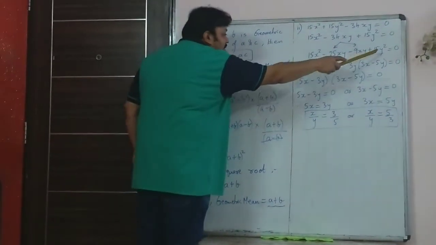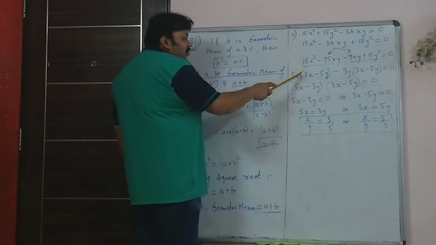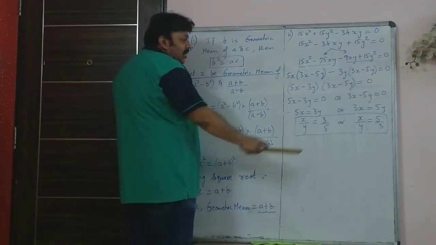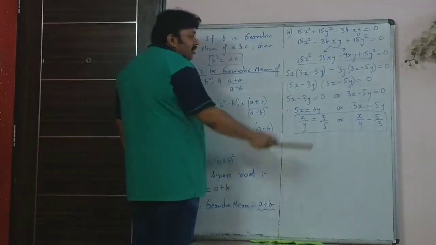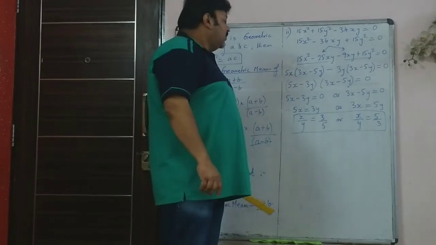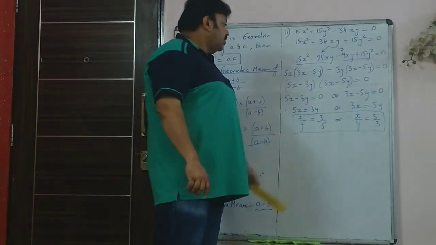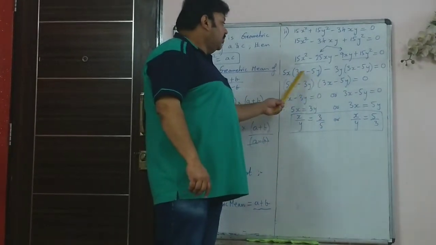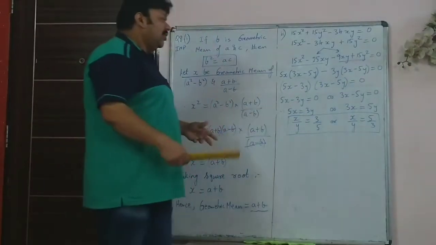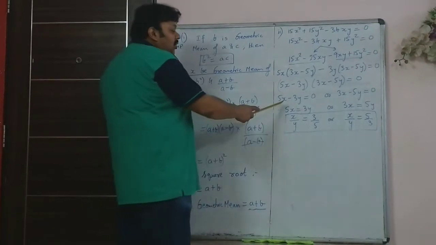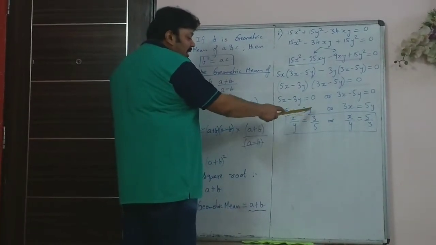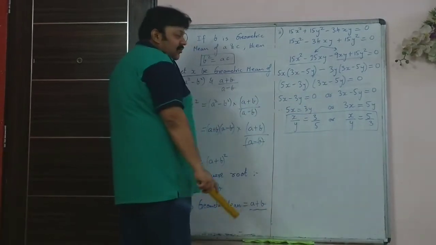So then we take it in pairs. The first two terms, the third and the fourth term. The first two terms 5x is common, so 3x minus 5y, and there 3y is common, so again 3x minus 5y. So you can take 3x minus 5y out and 5x minus 3y and 3x minus 5y. That is equal to 0. So either of the brackets could be 0. So you will get 5x minus 3y is 0 means x upon y is 3 upon 5.